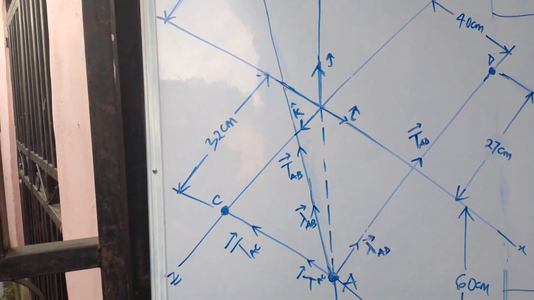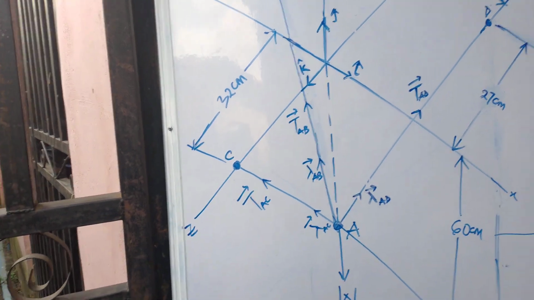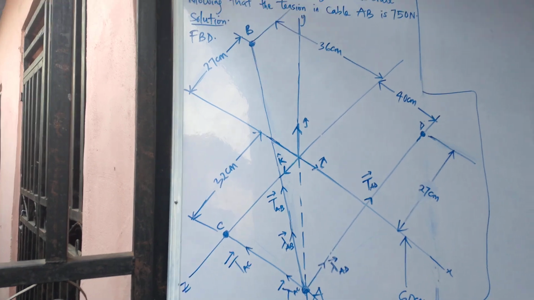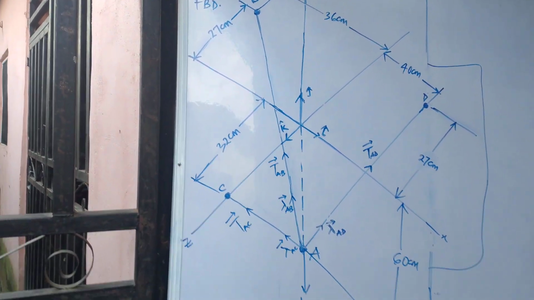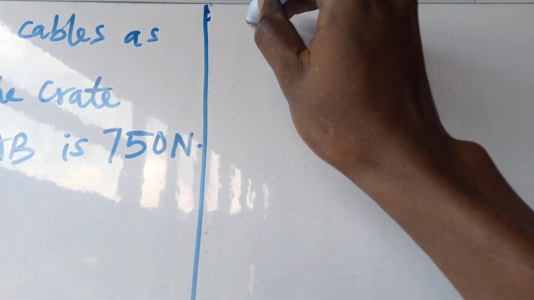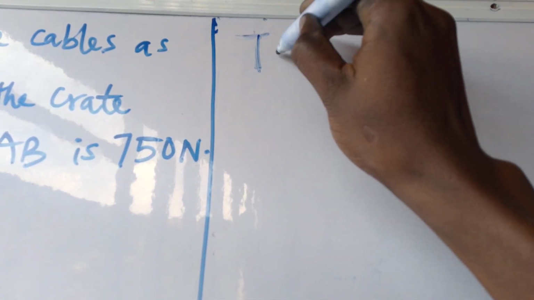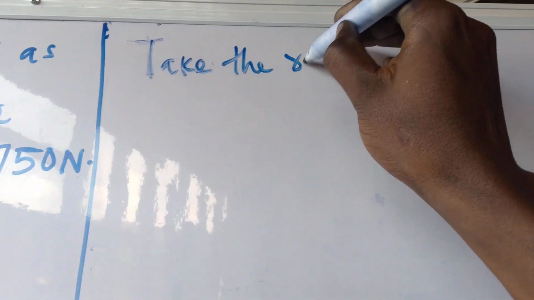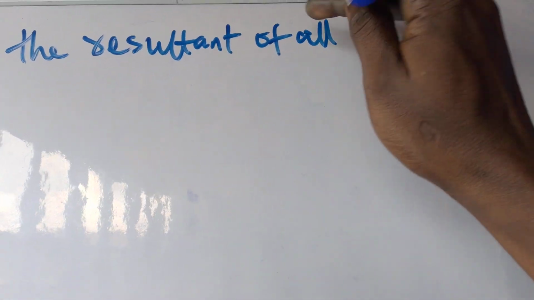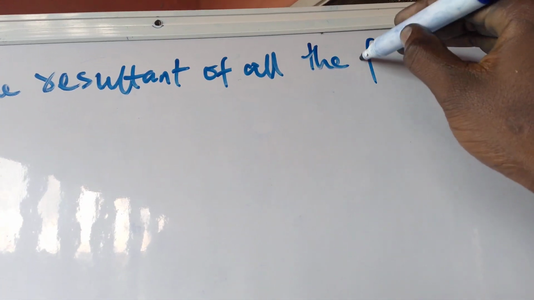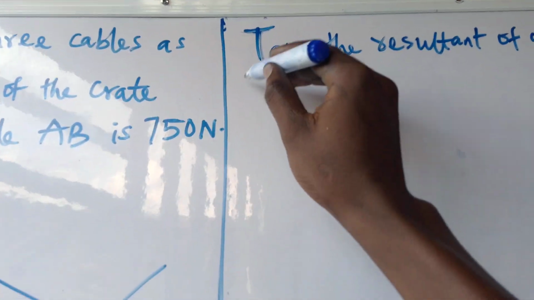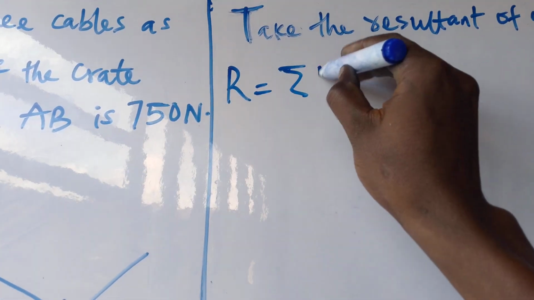Okay, so let's look at that. Now the next thing I'll look at is to take the resultant of all the forces acting on that system, and this will give me R equals sigma F,